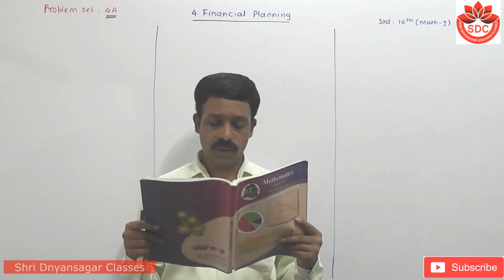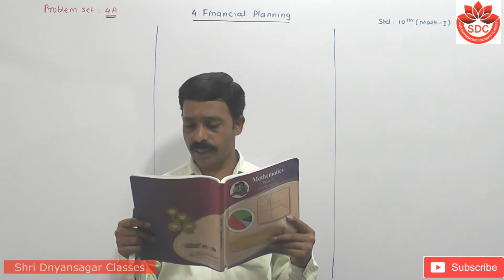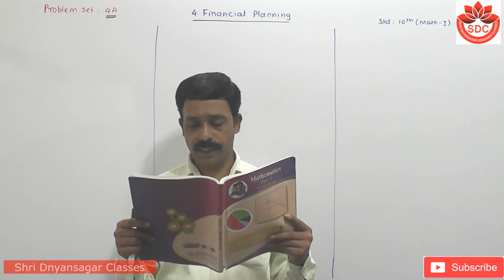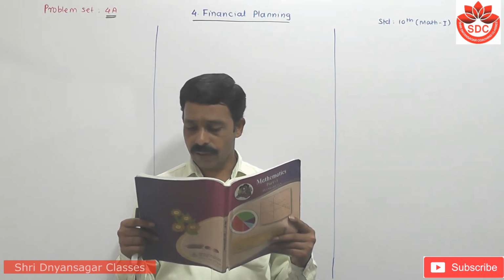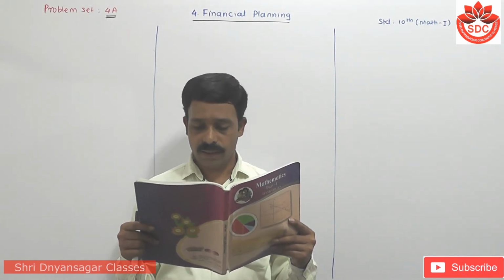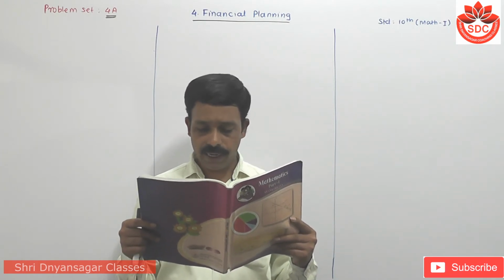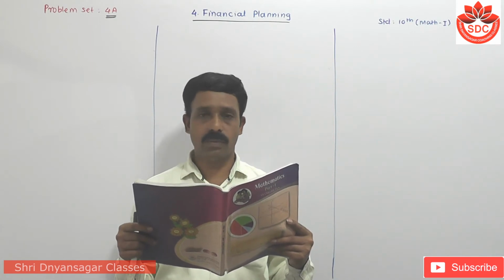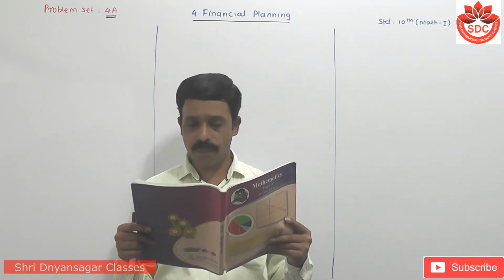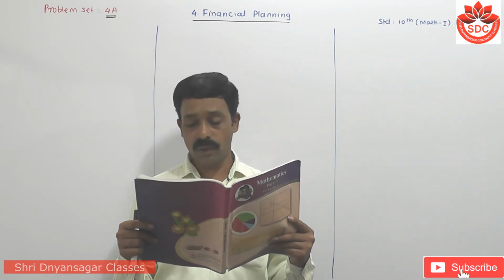Now for this, look carefully at the questions. First, prepare the statement of GST payable under each head by the wholesaler, distributor and retailer at the time of filing the return to the government. Means that you have to prepare the chart here for the filing return to the government. Second one is at the end what amount is paid by the consumer. Consumer ने किती amount paid केली ती write करायचं. Write which of the invoices issued are B2B, means business to business, and B2C, means business to customer.